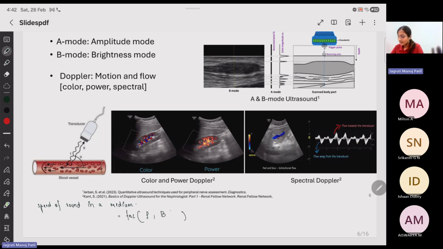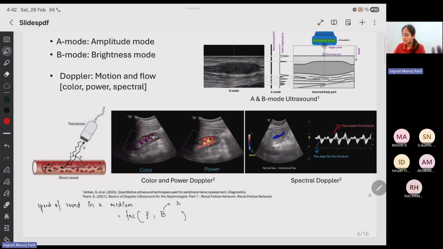Okay. So one is the density of the medium and another one is the bulk modulus of the medium. One tells you about the rigidity or stiffness of the medium. On the other hand, density, you all know, is how much mass there is with respect to volume and how dense the medium is. So here's a tricky question: will the speed of sound be higher in a steel block or